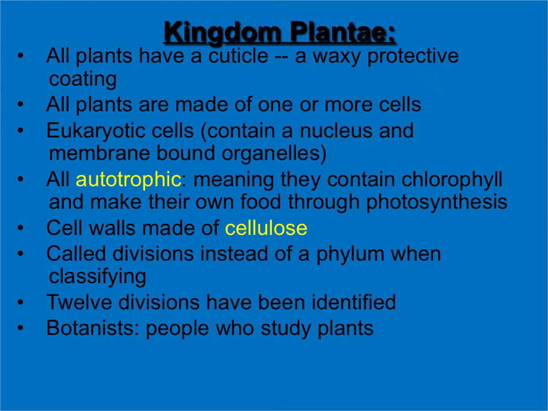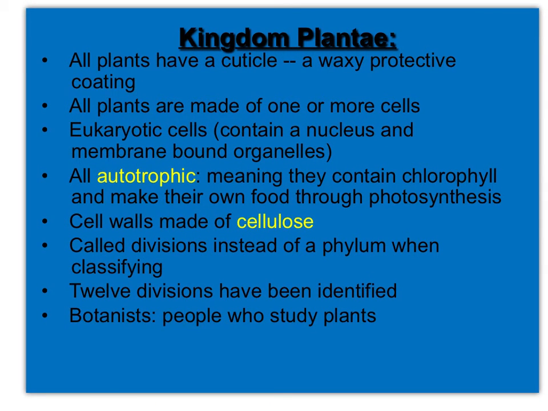So, Kingdom Plantae, all plants have something called a cuticle. The cuticle is a waxy protective coating. If you recall, we talked about waxes being lipids and how lipids have a protective function. Anyway, that's the shiny part on a leaf. If you look at a plant, you'll notice usually the top side is shiny and the bottom side is